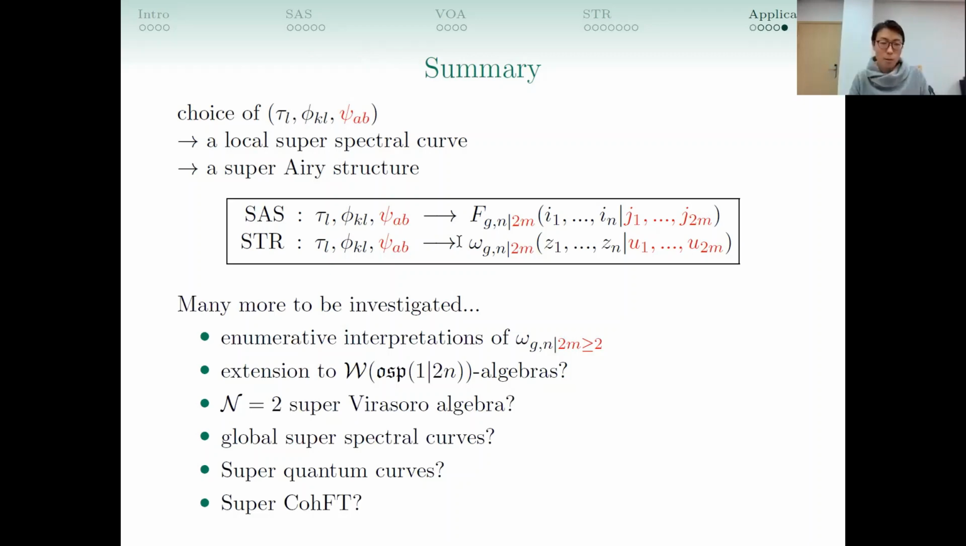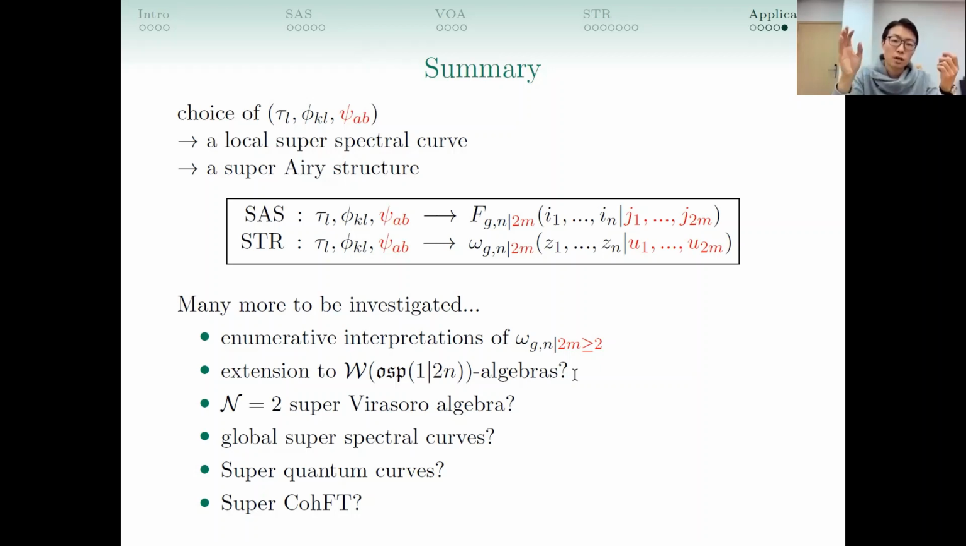And then there are many, many open questions to be investigated. So for example, first, the enumerative interpretations that I mentioned 3 slides ago about the fermionic thing. If you choose tau, phi and psi, omega_{g,n} is kind of canonical, but the interpretation with fermionic insertion is still open. And also, at the beginning of the vertex operator algebra section, I mentioned the relation between topological recursion with ramification order r